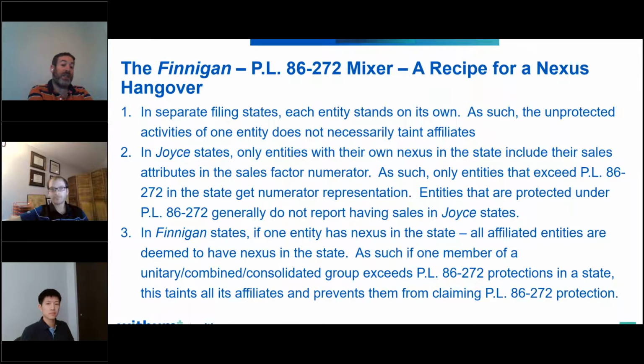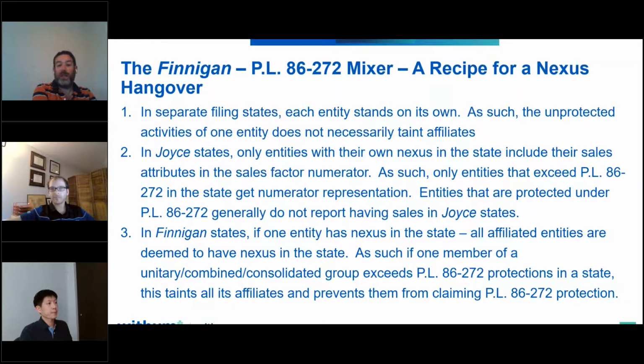So only entities that exceed Public Law 86272 in the state get numerator representation when it comes to apportionment. Entities that are protected under Public Law 86272 would generally say they don't have nexus in the state, and therefore those entities don't get numerator representation in unitary states that use the Joyce theory. So again, every entity stands on its own, and the unprotected activities of one entity don't necessarily